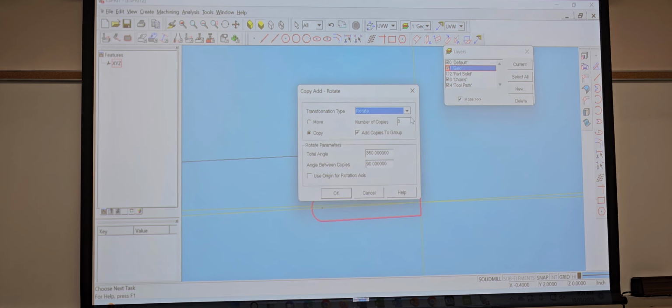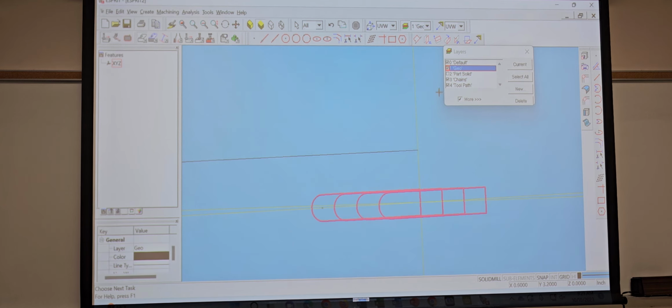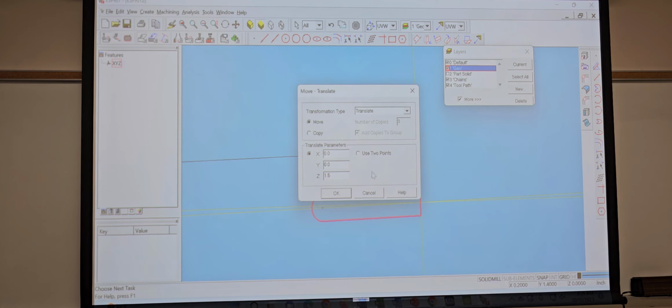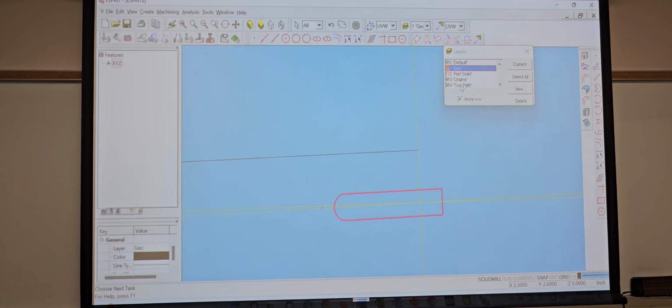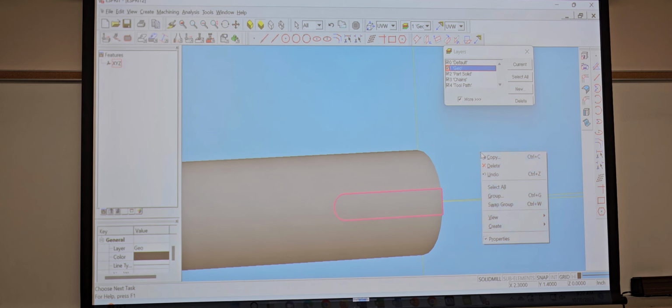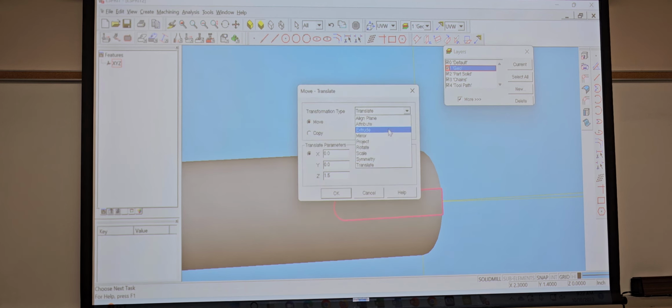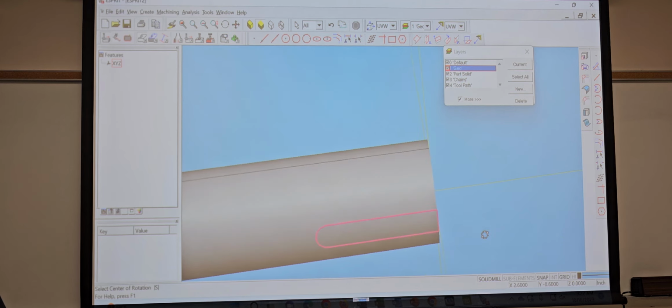So I'm just gonna copy it, translate it again, 1.5. Oh, I had copy on. Translate, move, 1.5, hit OK. Part solid, copy, rotate, copy it 3 times, OK. Click my X-axis, there I go. So now when I actually click it this time,